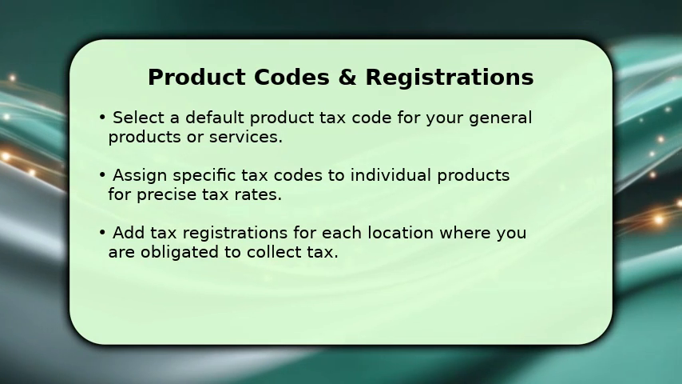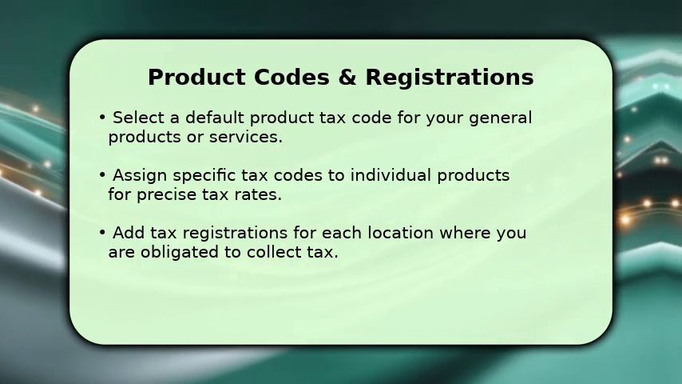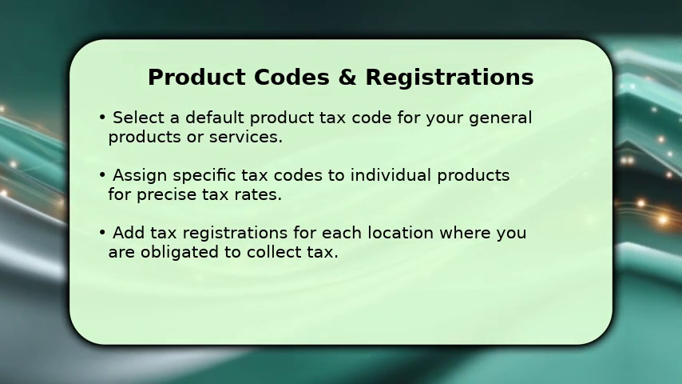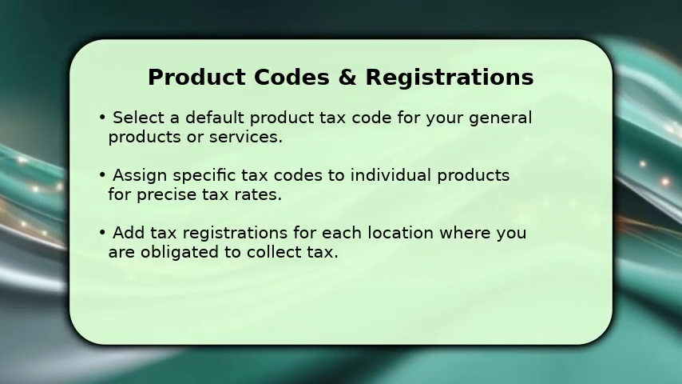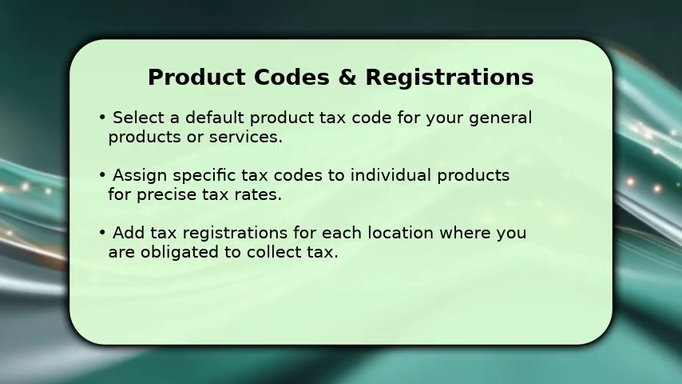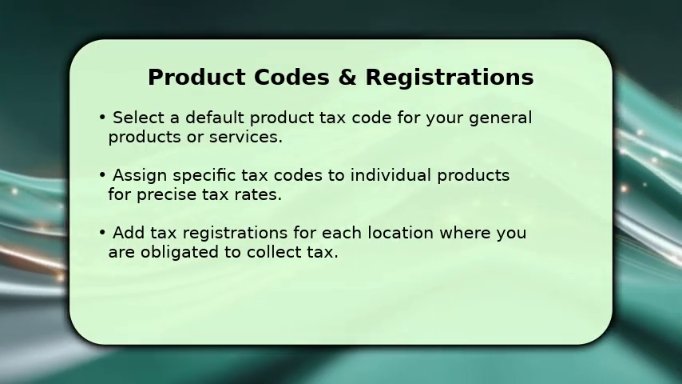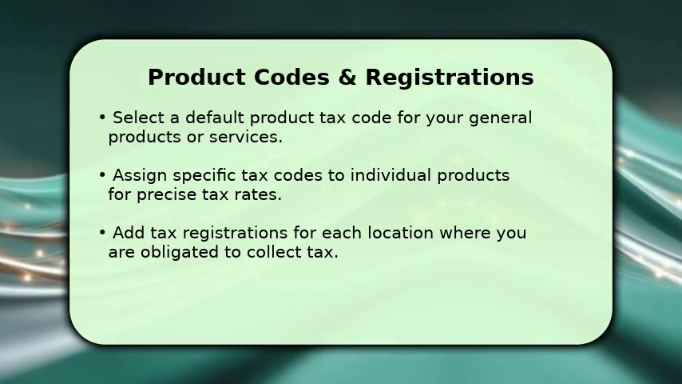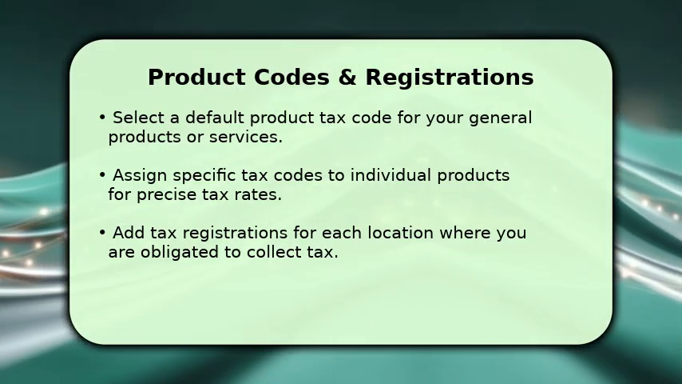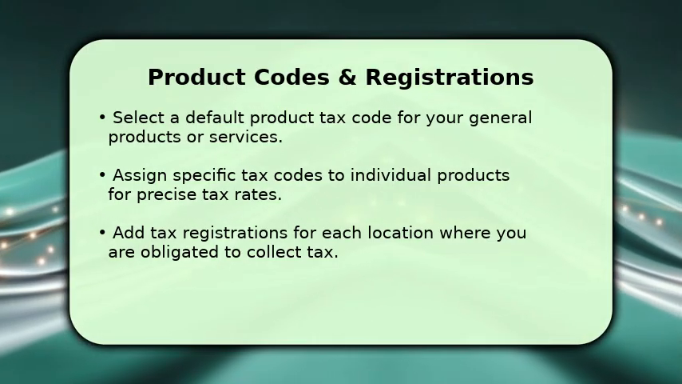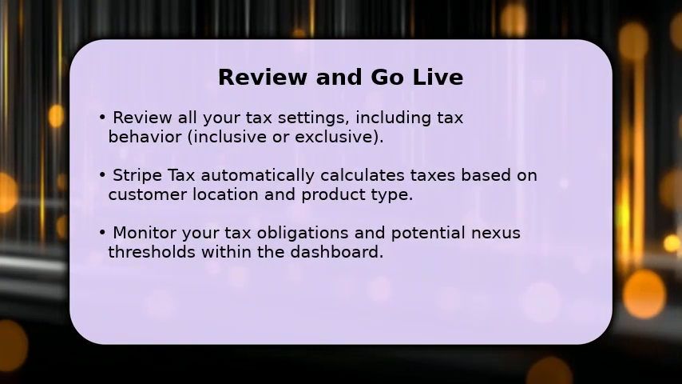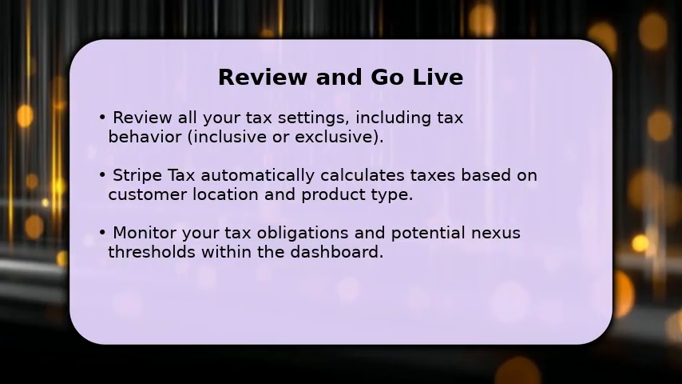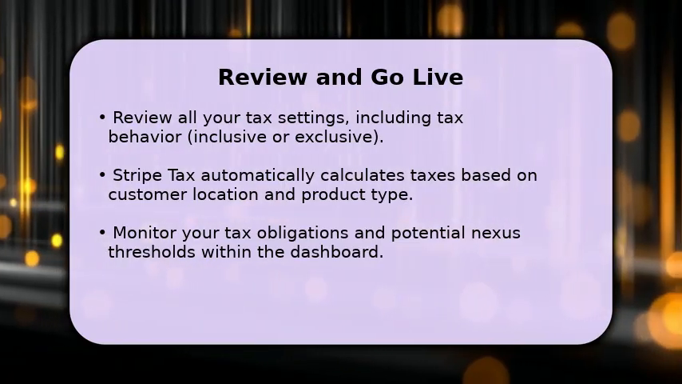You can set a default code for most of your offerings, like general tangible goods or general services. For specific items, you can assign individual tax codes to ensure the most precise tax rates are applied. Crucially, add tax registrations for every country or state where your business has a tax obligation, ensuring you collect taxes correctly. Finally, take a moment to review all your tax settings, including whether taxes are inclusive or exclusive of your